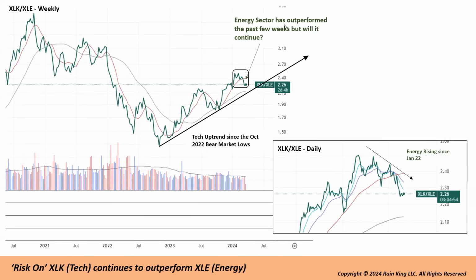Now you'll notice that the energy sector has outperformed as the NASDAQ has kind of stalled. Over the past few weeks, you can see tech has underperformed energy, and I blew it up over here. Since January 22nd, energy stocks have been rising, or in other words, tech stocks have been falling on a relative basis to each other. So it's very short term. I don't think this is really the start of a big boom in energy stocks because the tech uptrend is still in place. We could come all the way back to the line and still be in a tech uptrend.